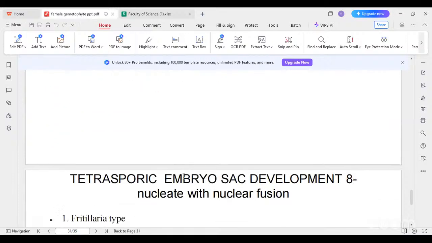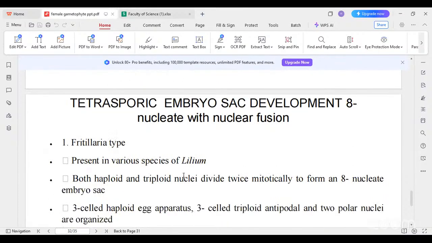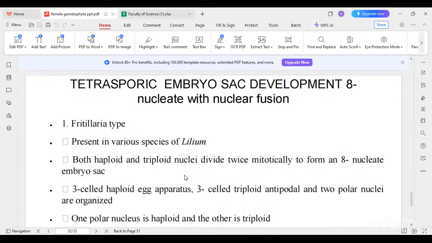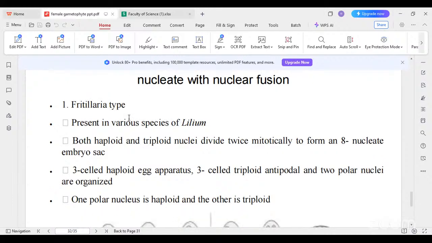The first one is the tetrasporic embryo sac development, 8 nucleate with nuclear fusion. The Fritillaria type, the first one, is present in various species. You can observe it in the Lilium species. In this type of tetrasporic development, in Lilium species, the Fritillaria type of